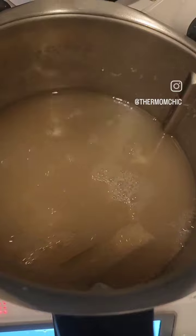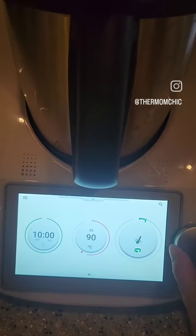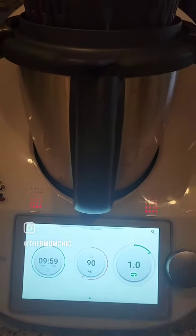And you can add in the rock sugar. So I'll cook it for 10 minutes. Click this for the reverse speed, 90 degrees, and at speed 1. That's it. To let the sugar...